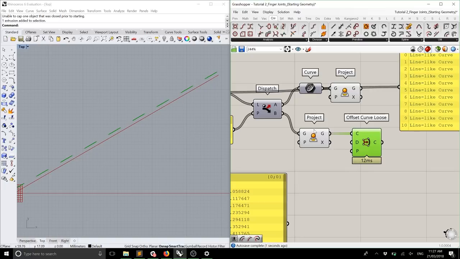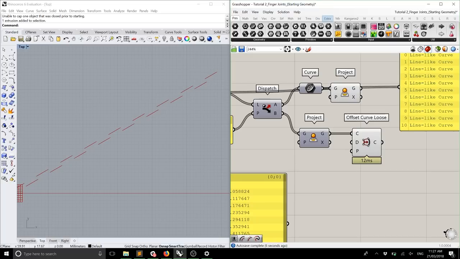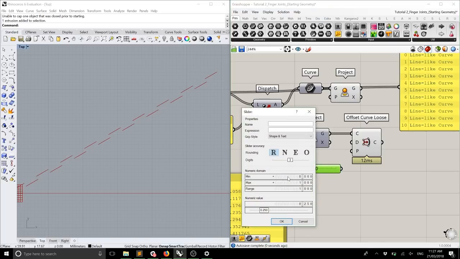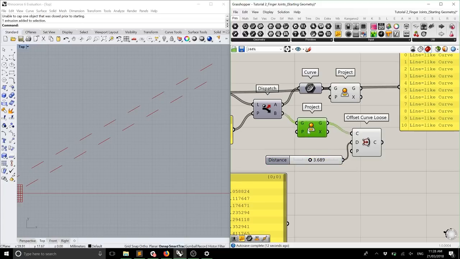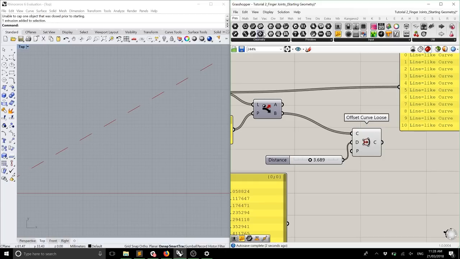But we can see now if I offset these and I put a slider into offset, we start to see that those alternating curves split away from their friends. Okay. Now this is something that I don't expect you've followed, because if we do this in 3D, we run into a problem, and that is